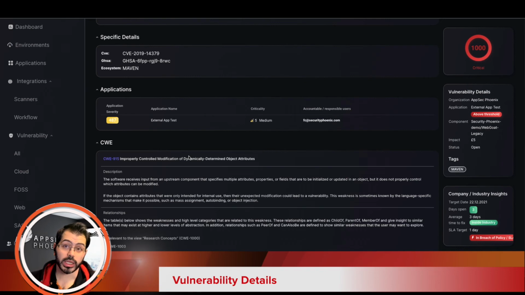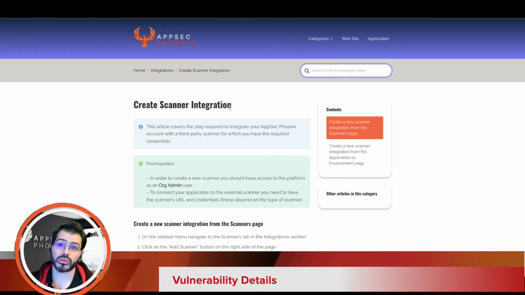If you want to have all the detail about the Dependabot access, you can get into the scanner integration part of the knowledge base